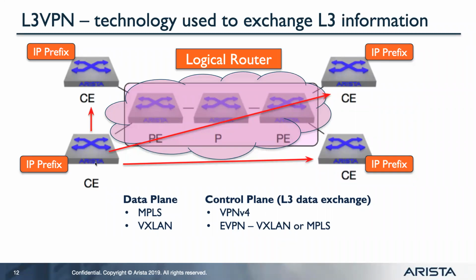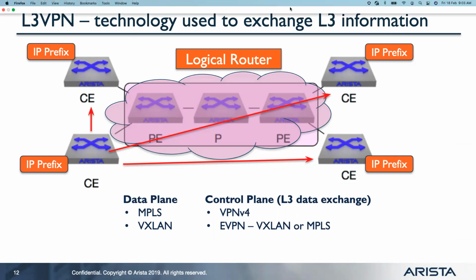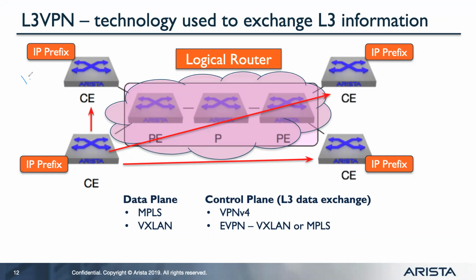So L3 VPN is nothing but, in L2 VPN we were extending VLANs, right? One VLAN from one DC or one site to the other site. In L3 VPN, we are exchanging routes, basically end-to-end connectivity. Let's take a private subnet, 10.10.10.0/24. We can consider this as BLR Arista,